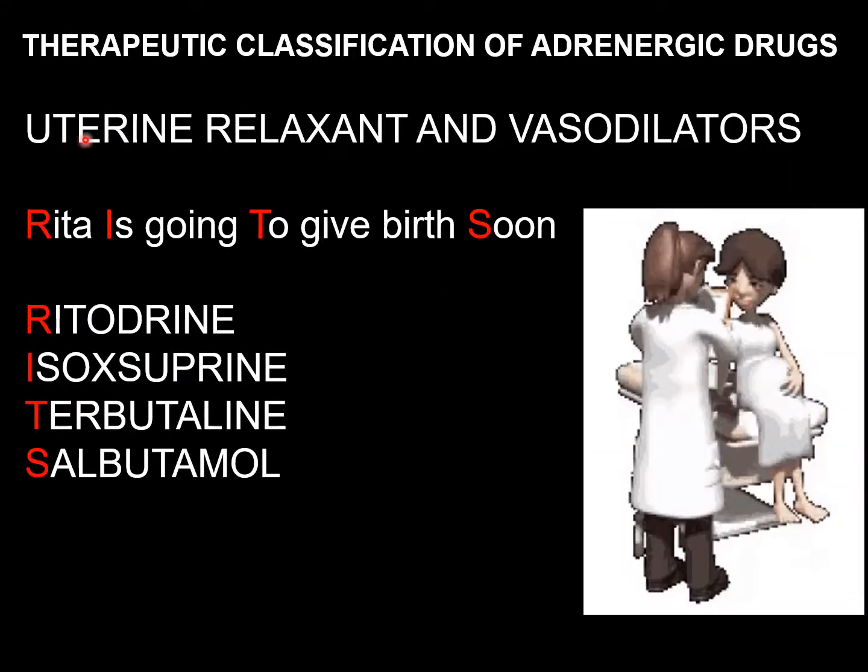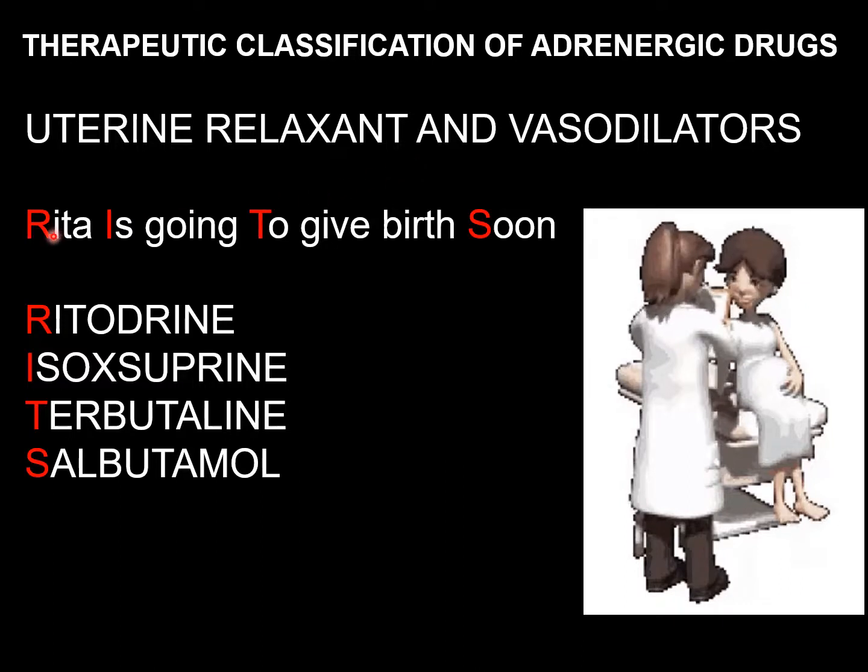Coming to the last group of drugs under therapeutic classification of adrenergic drugs, they are uterine relaxants and vasodilators. So these uterine relaxants are given to pregnant women to delay the birth of the newborn babies. So uterine relaxants cause relaxation of the uterus and they cause vasodilation, which will postpone the birth date